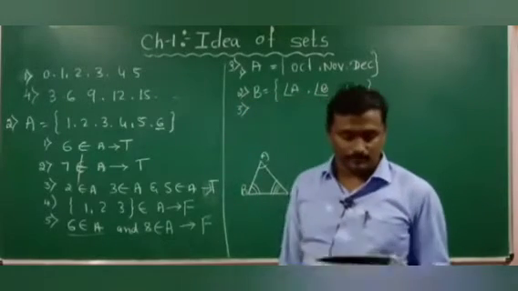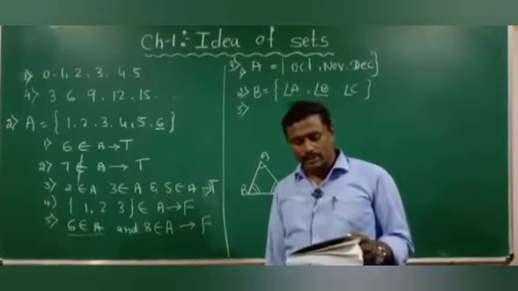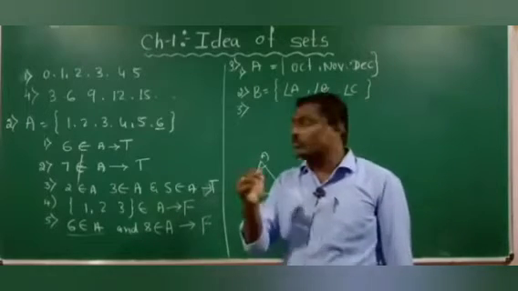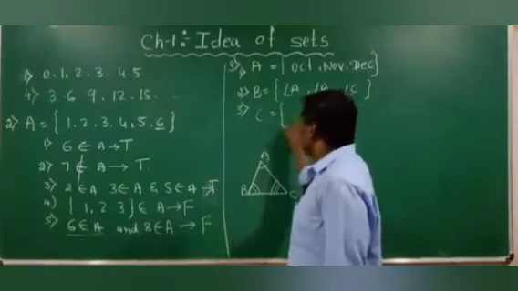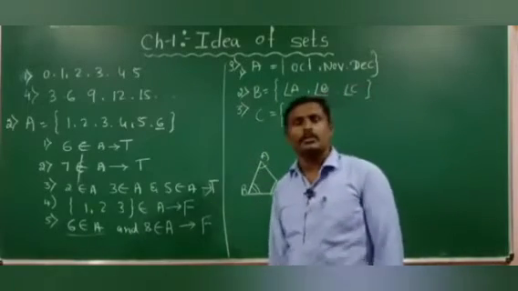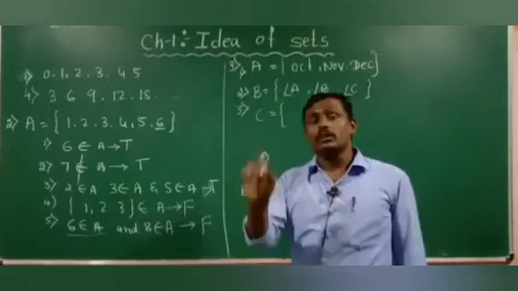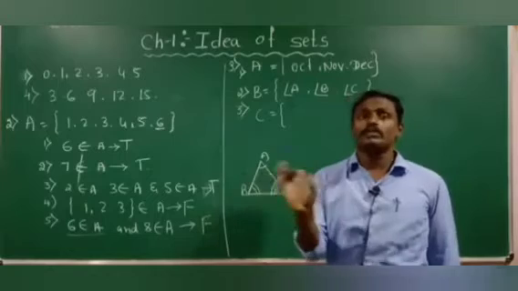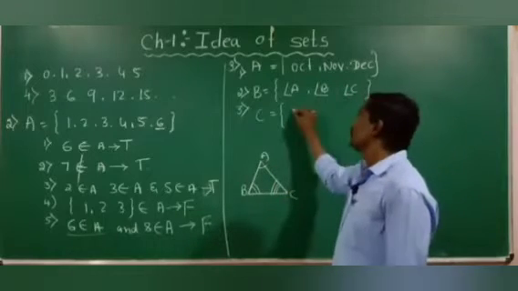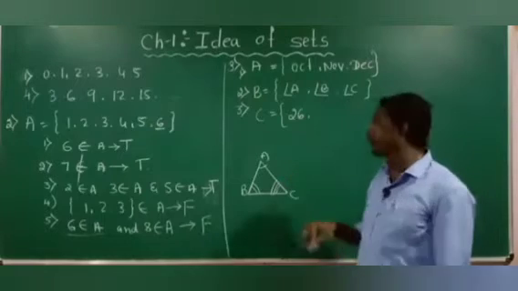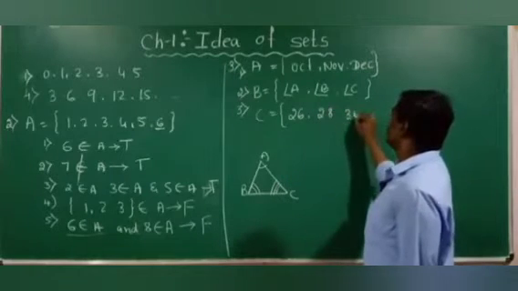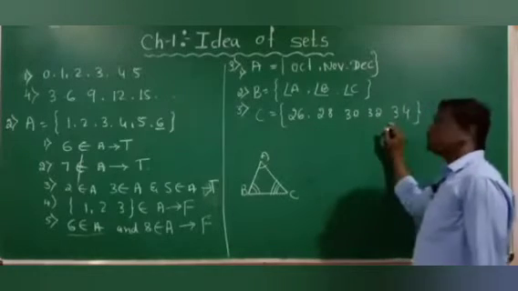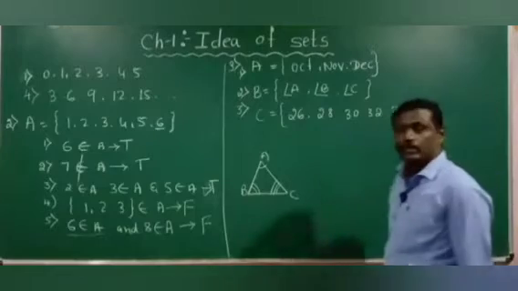Third one, the set of even integers between 25 and 35. The set of even integers, that statement I am considering it as a set C. Here you need to write the even numbers which is more than 25 and less than 35, or the even numbers which lies between 25 and 35. So 26 is the first number which is more than 25, 28, 30, 32, 34. So these are the even numbers which is more than 25 and less than 35. Okay,